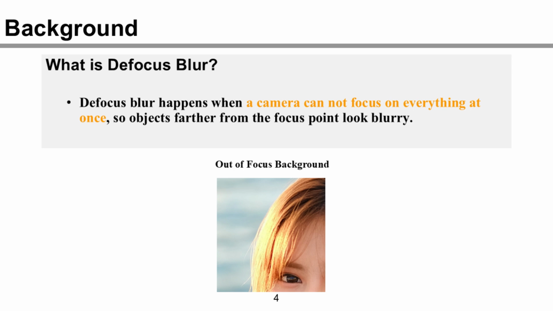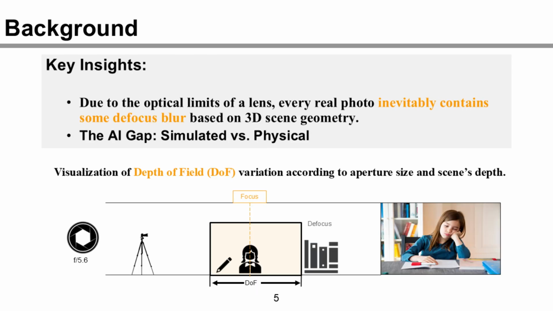But the key point is this: defocus blur is not just found in these extreme cases. In fact, due to the optical limits of lenses, every single real photo inevitably contains some defocus blur. This phenomenon is governed by a principle called depth of field, or DOF, which is determined by the camera's aperture